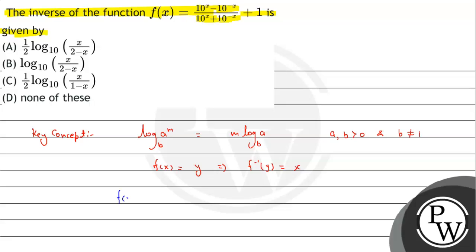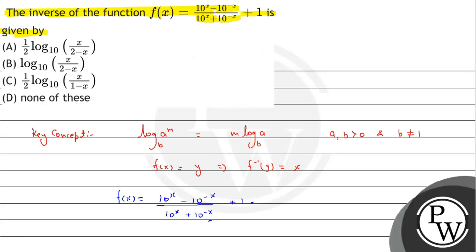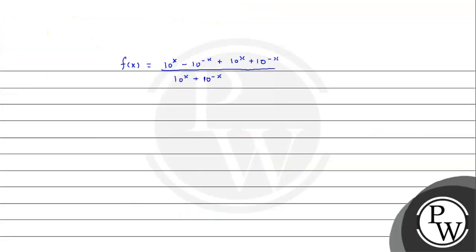किस तरीके से हम करते हैं, हमें question में f(x) given है, f(x) equals 10^x minus 10^(−x) upon 10^x plus 10^(−x) plus 1। अब इसको हम यहाँ पे LCM लेकर solve कर लेते हैं। तो f(x) equals, LCM आएगा 10^x plus 10^(−x), और 10^x ऊपर आ जाएगा minus 10^(−x) plus 10^x plus 10^(−x)। हमने ये LCM ले लिया ना, मतलब इसकी multiply हमने इससे कर दी और upon में ये लिख दिया। अब यहाँ हम ये देखते हैं 10^(−x) से 10^(−x) कट गया, और यहाँ पर ये बचा 2·10^x upon 10^x। अब 10^(−x) को लिख सकते हैं 1 upon 10^x।